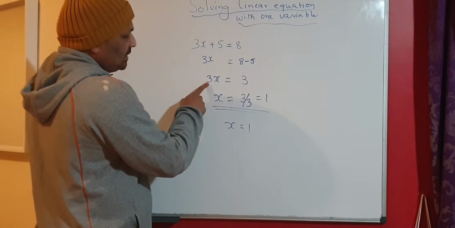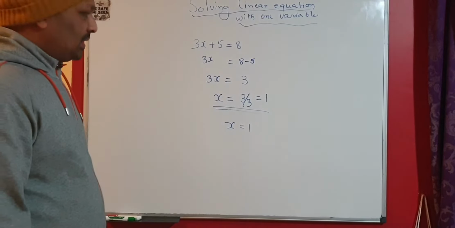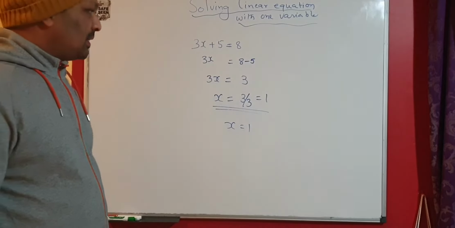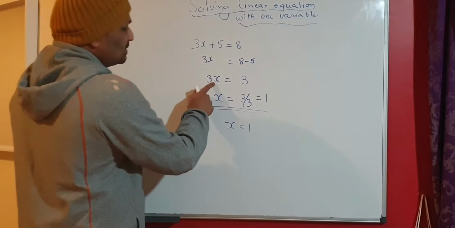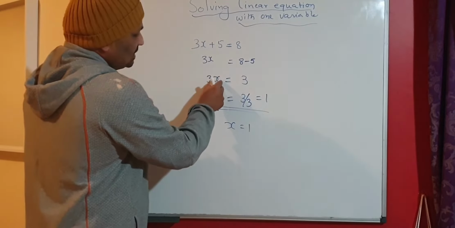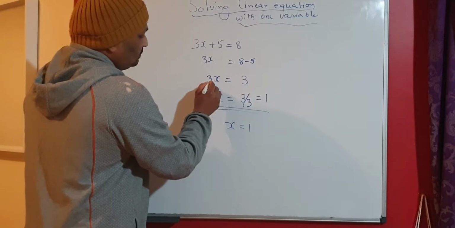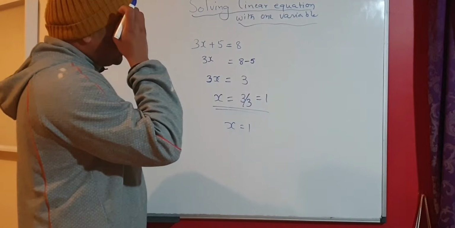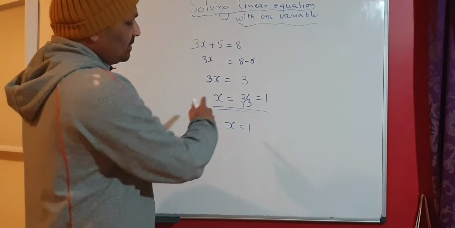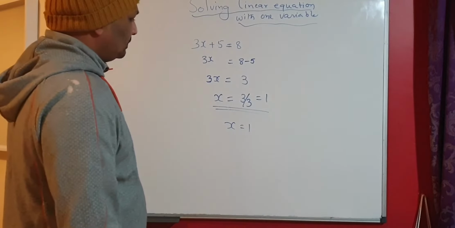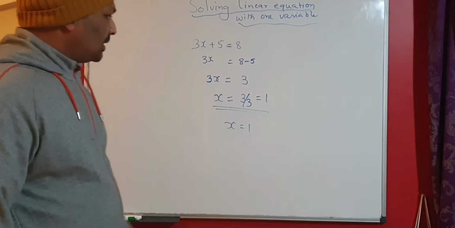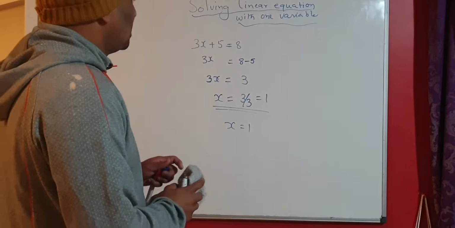Whereas if you see here, 3 is something that you can take to the other side at this step. So if you move from this step to this step, 3 you can take to the other side. Why? Because 3 is something that is multiplying the whole left side portion. The left side portion is x. So 3 is multiplying the left side portion. That is why you can take a 3 to the other side. Now when you simplify it, you get a value of x as 1. Okay, so let's take some more examples like this and try to solve them.